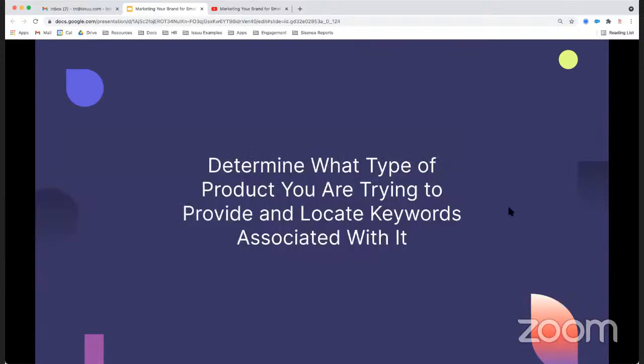Okay. So now that we've added in the links, we're looking at the different ways to analyze your shared document. We want to determine what type of product you're trying to provide and locate keywords associated with it. And when I say this, I mean SEO, so search engine optimization. So how do you make yourself a market leader when it comes to the product you're selling? SEO is actually a huge component of this, and it is something that requires a lot of research on your end as well to see what's on the top of a search engine when you click into or search